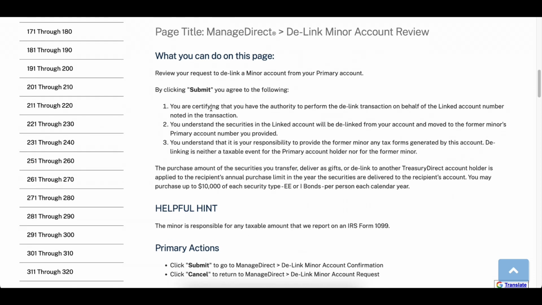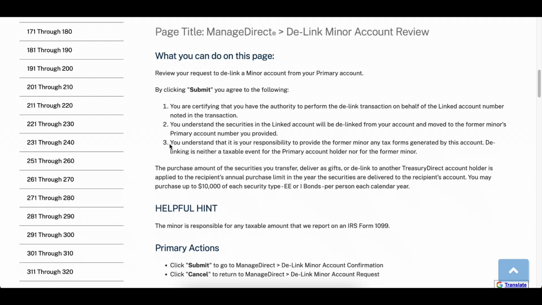Okay, by clicking submit, you agree to the following. Number 1, you are certifying that you have the authority to perform the delink transaction on behalf of the linked account number noted in the transaction. Number 2, you understand the securities in the linked account will be delinked from your account and moved to the former minor's primary account number you provided.